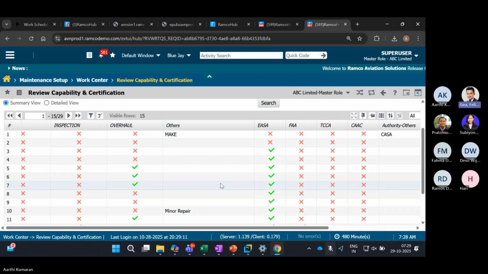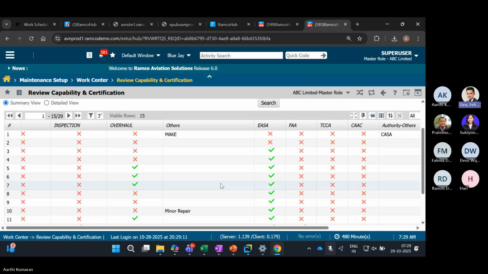And if, let's say, for example, this is green and this is green, only then the system will allow you to approve a customer request. So the capability check happens right from the customer request process, and it checks all the way till you generate your Form 1 as well. So at any point, the system will always keep validating that you have the current capability as well. But for odd reasons, if you don't have a capability, you still have an override button,